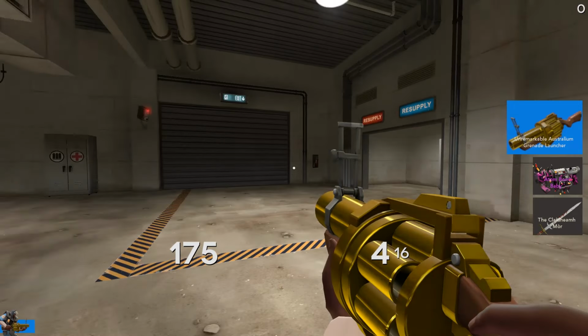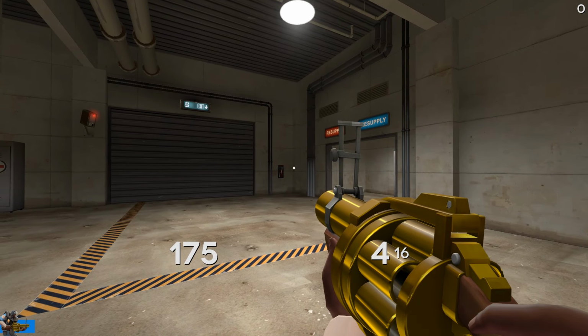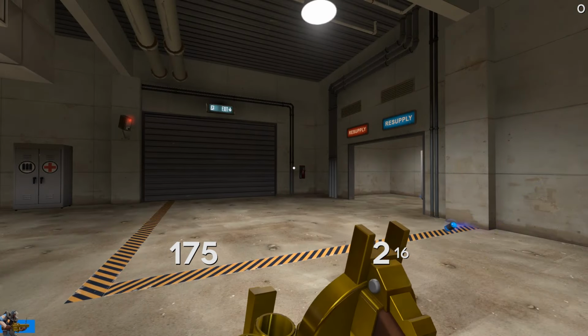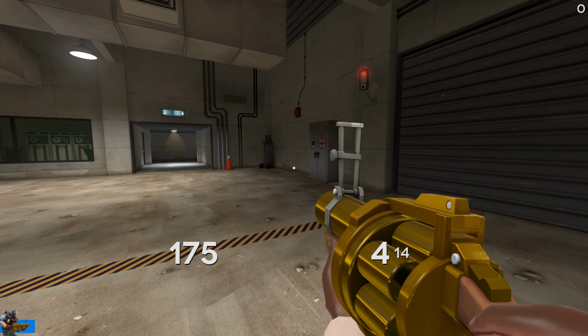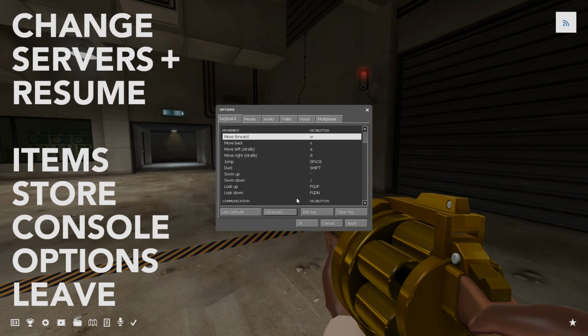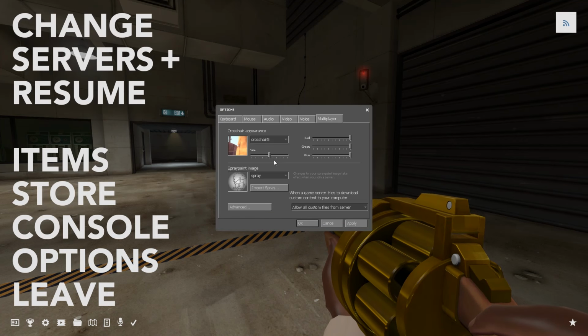For example, the demo man's grenade launcher is huge. It takes up an entire quarter of the screen. It's very obnoxious when you're trying to aim. Now, this hasn't been an issue for very long, because TF2 for a very long time, in the multiplayer and